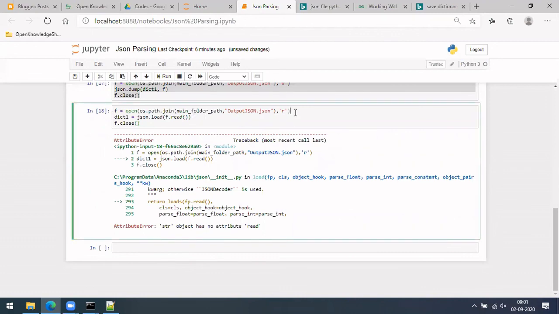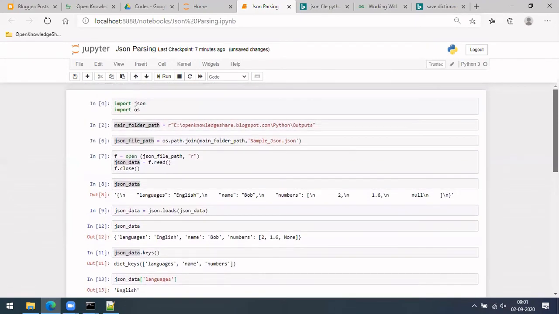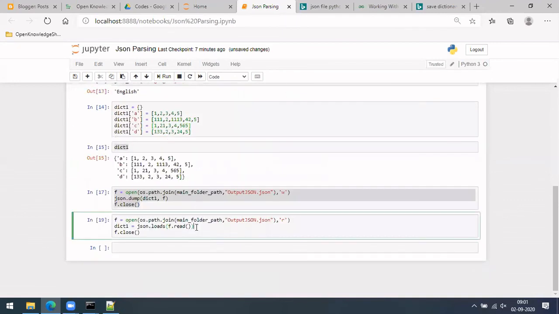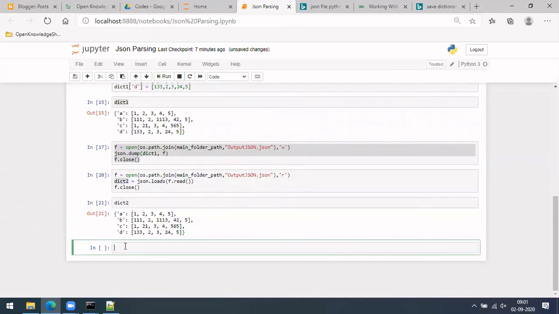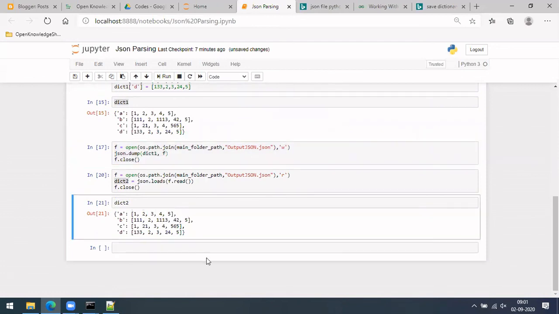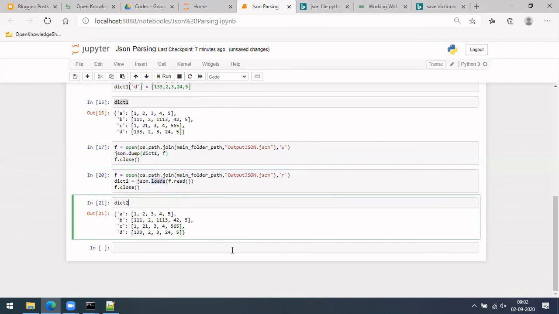Okay, what did we do? It's not the same as how we read here. F dot loads basically. Okay, so we again saved it as text. So let me do it in dict2 and see what is there. See, it has saved, we are able to read it back like what is saved, right? So this is one more way to use JSON. Okay, so load and loads have slightly different syntax, so you can always refer to the documentation and get it. Okay, this is about JSON.